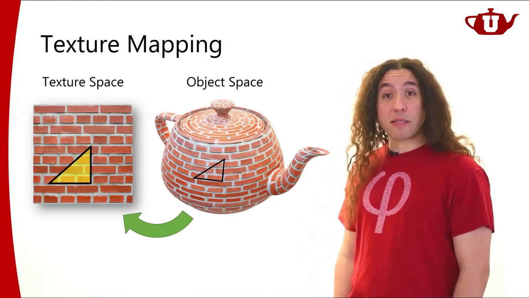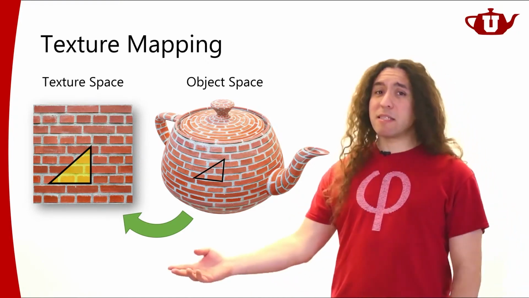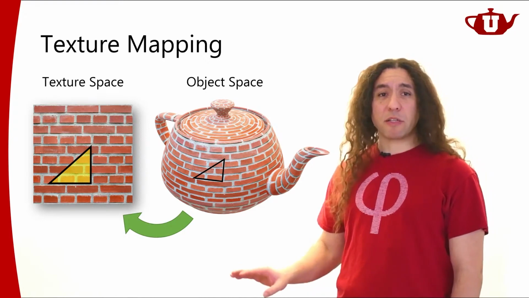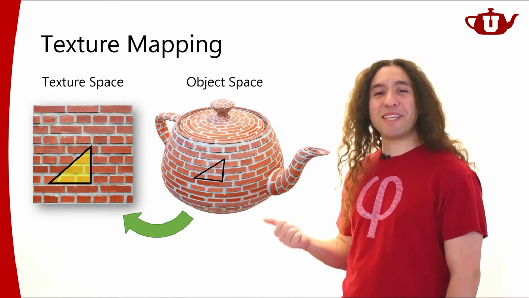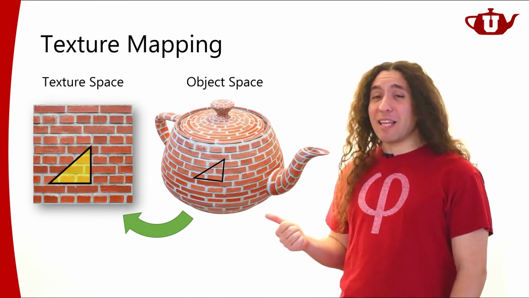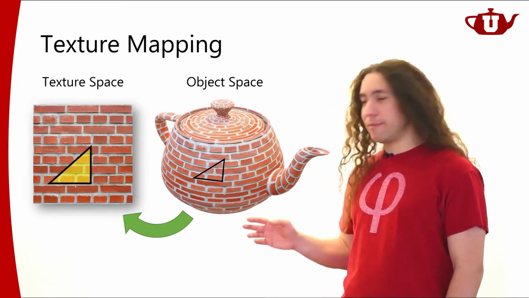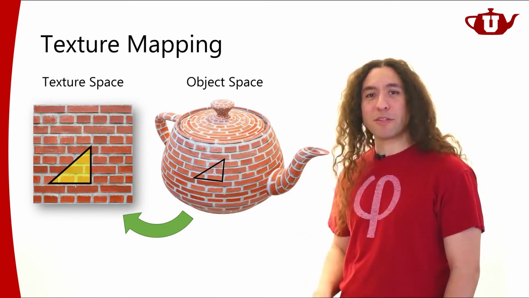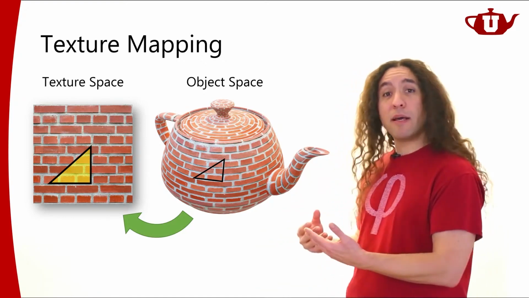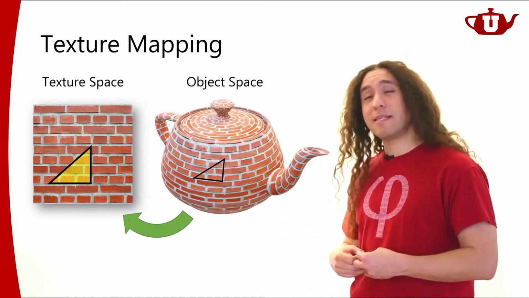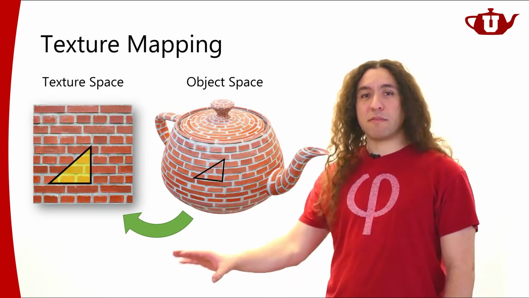Now, for simple objects, and this teapot is a relatively simple object, this is quite easy, not very difficult to do. But for general objects, this can be a very complicated and painstaking process. People spend a lot of time and energy manually mapping these triangles. Of course, they don't take every triangle and place it on the other side one by one. They probably get groups of triangles, and they use some software that can automate this process, or at least semi-automate parts of it. But oftentimes there is a lot of manual intervention going on here.